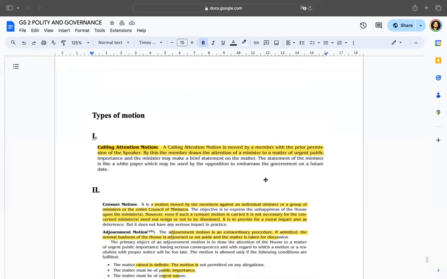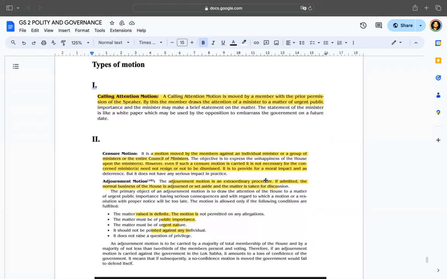Then now we have the privilege motion. As we understand these days that most of the parliamentarians are disbanded to enter the Parliament House on the charges of misuse of their privileges, individual as well as the collective privileges of the Parliament. So we have privilege motion. Now what is privilege motion? It is concerned when you as an MP of either house have breached your parliamentarian privileges.